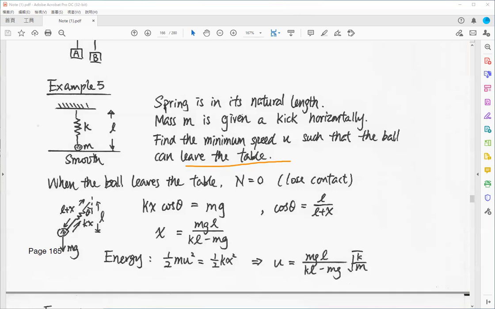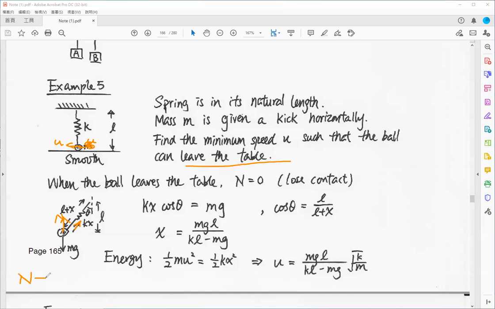If you want to find the minimum speed to lift the table, let's say you have the initial speed. Just when the ball lifts the table, there's no normal reaction. That means the vertical component of the tension or spring force provided by the spring will be equal to the weight. Otherwise, let's say if there's a normal reaction, then you will write something like this, okay,